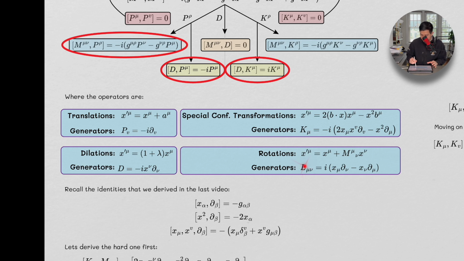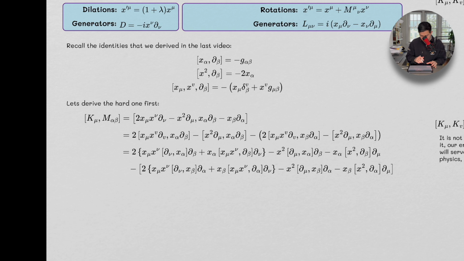Here I labeled them as L, but these are going to be the generators for our rotations. Okay, so we have this, and then from here to here, it's really just distributing all the way, right? We just take this guy with this guy that's here, and then this with this one is going to be